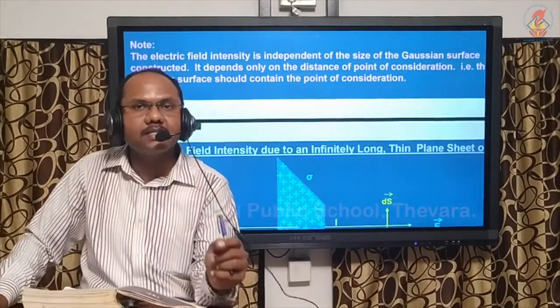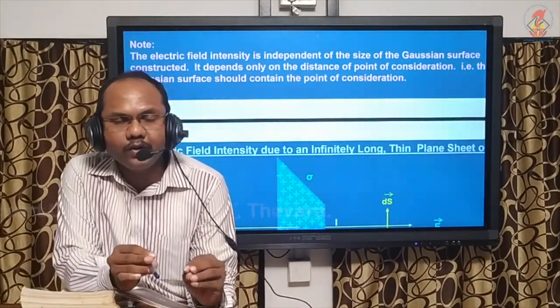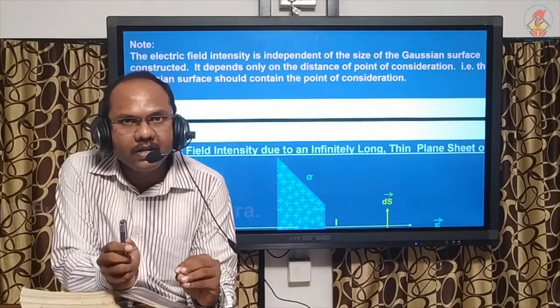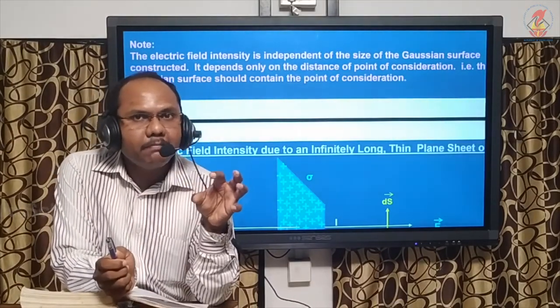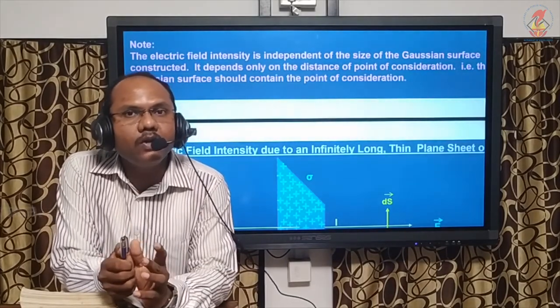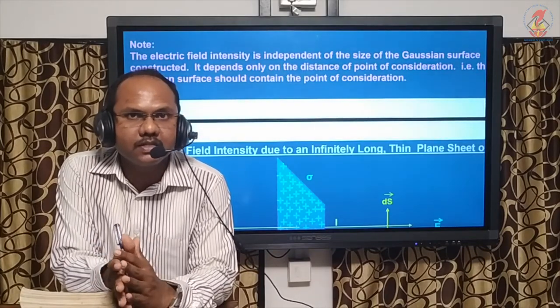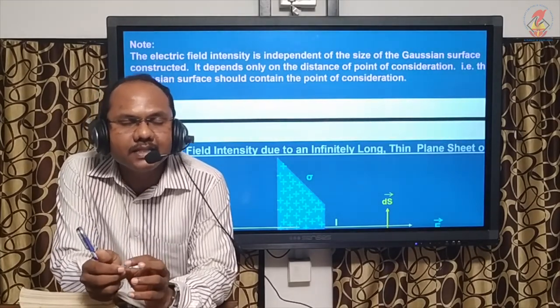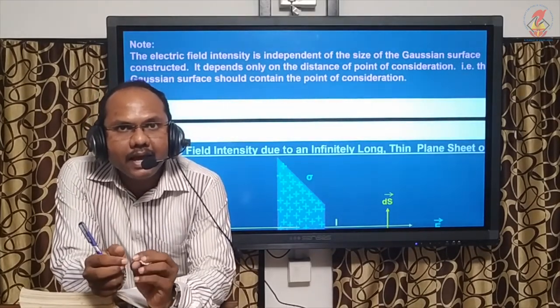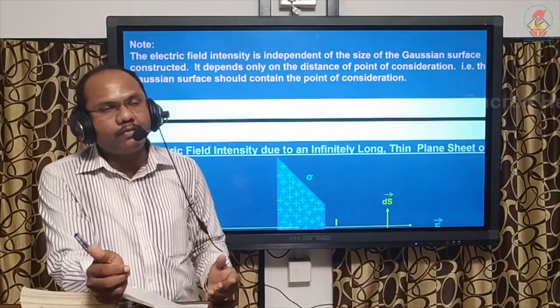What I mean is, according to the equation we got, phi is equal to q by epsilon 0. Phi depends only on q, and does not depend on the radius or size of the Gaussian surface. So we only have to consider the charge enclosed by the Gaussian surface to find the